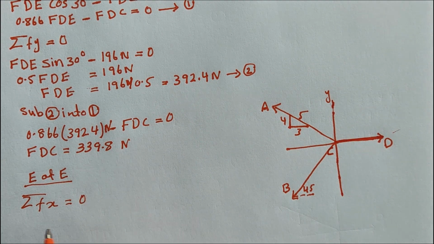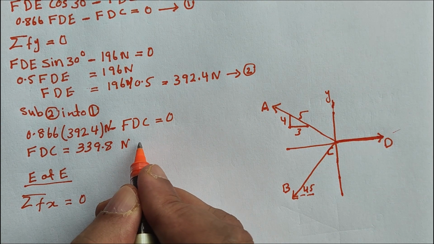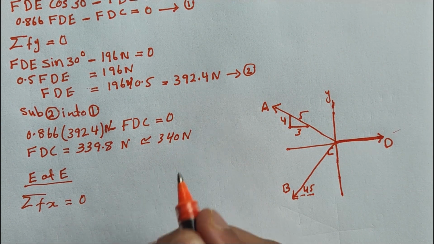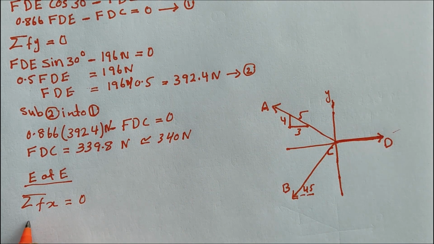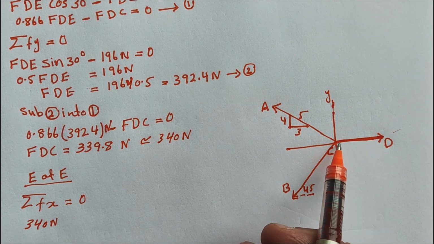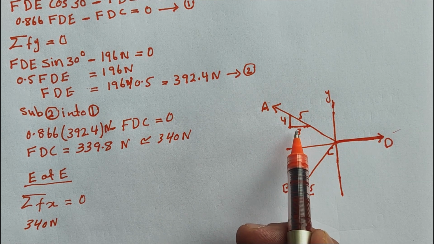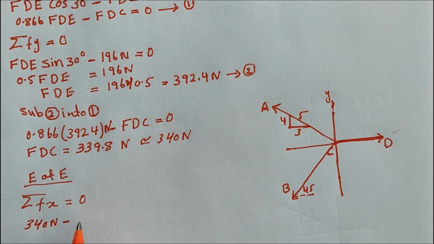So let's make it roughly 340 Newton. So FCD is 340 Newton. And for the FCA we have the x component 3 over 5, but it is negative 3 over 5